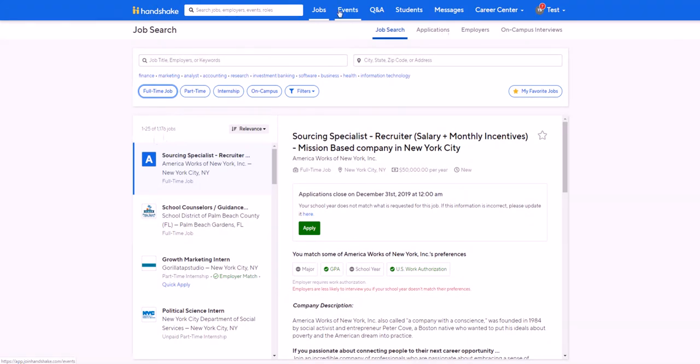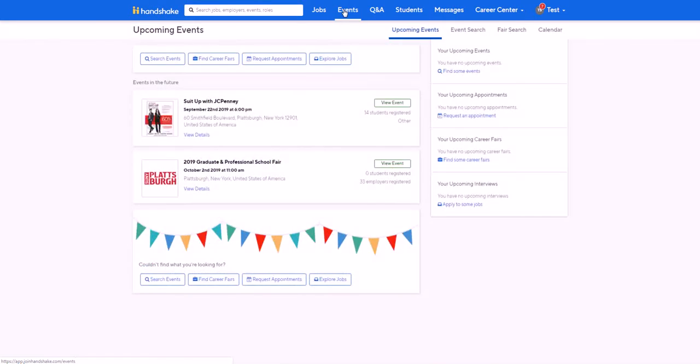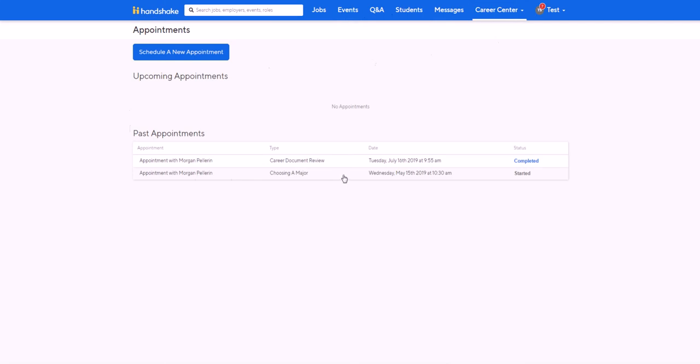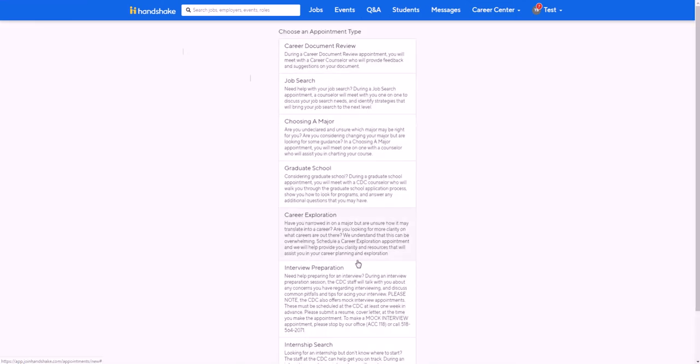If you're going across the top, you go to events, you can see upcoming events that are happening on campus. I'm not going to dive into these right now, you can certainly play around with them. But if you also go to your Career Center, if you click on your Career Center, you can make appointments. So you can schedule appointments with this. So schedule a new appointment. You can tell us what type of appointment you're looking for,